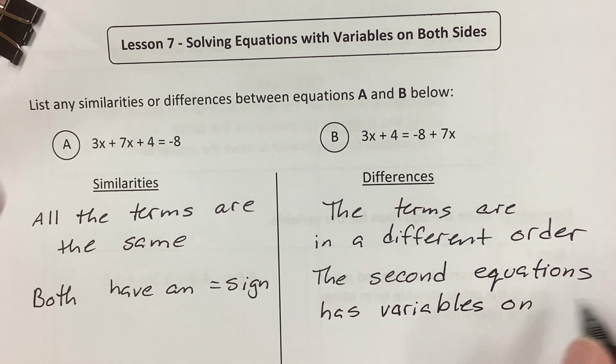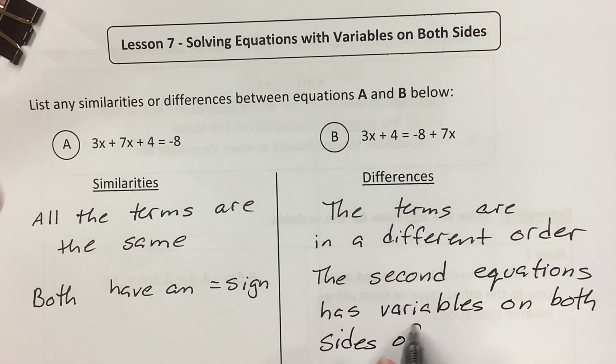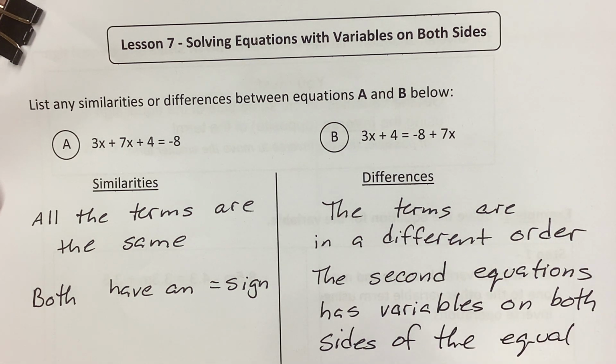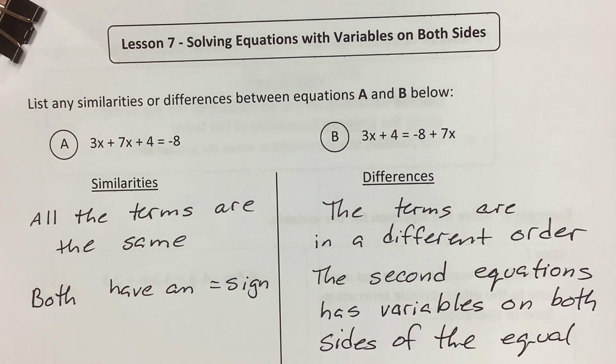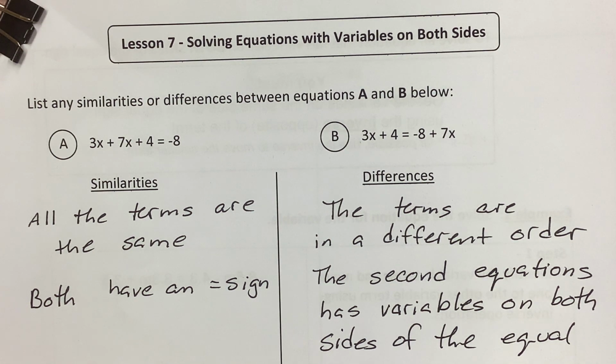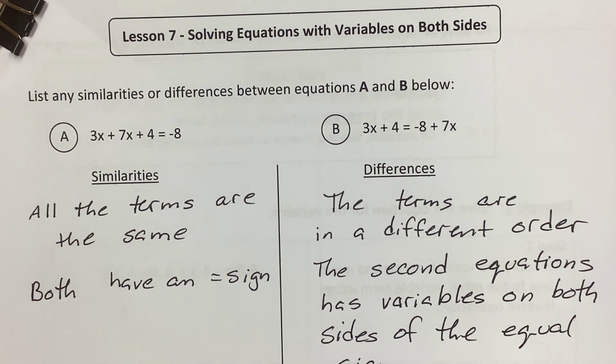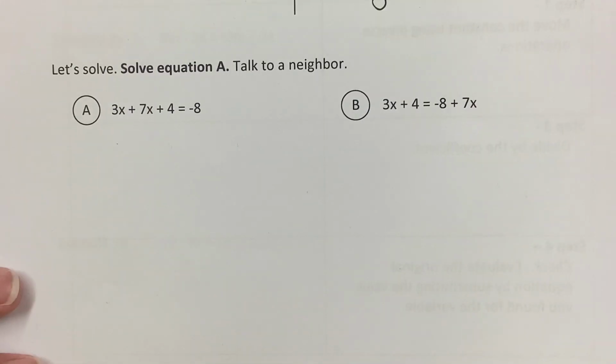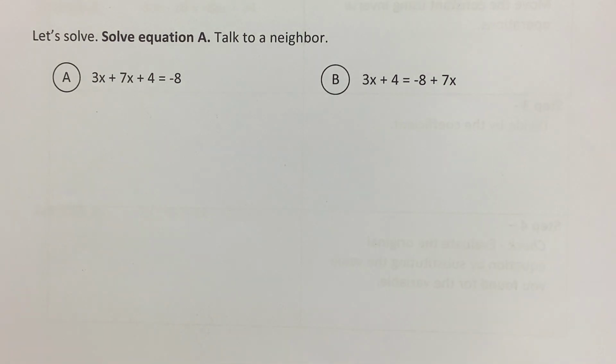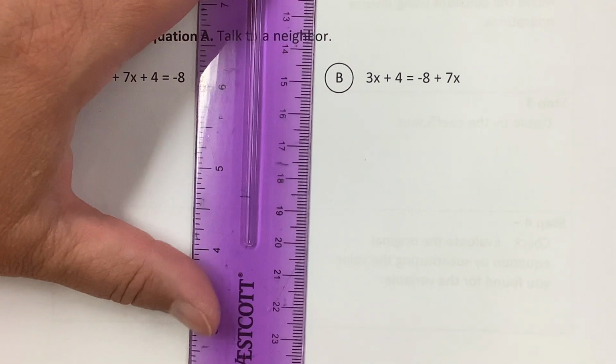All right, so the terms are in a different order, and in the second equation, the variables are on both sides of the equal sign. Okay, so this is where you need to do some math on your own. Turn off the video, or pause the video, and try the two problems. You didn't do that, did you? You just want me to do all the work for you. All right,